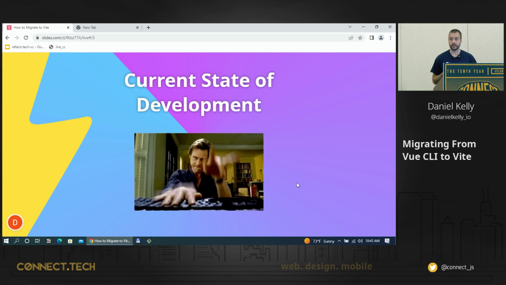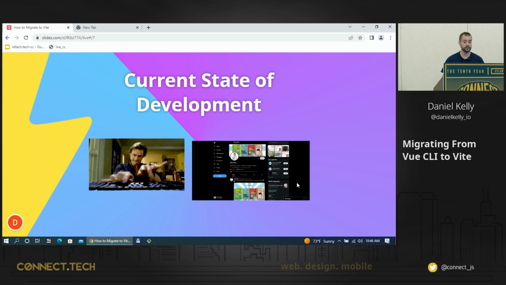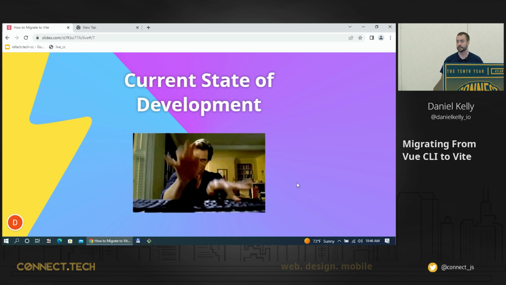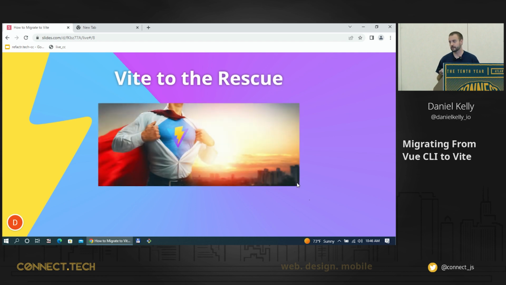But unfortunately, a lot of times with Vue CLI, what happens is it takes 10, 20 seconds for things to start booting up. You get distracted. You go off, start checking some things on Twitter, check some emails, and then depending on the size of the application, you come back later, and then you're ready to get going. Now, this is okay, but the real loss in productivity comes here